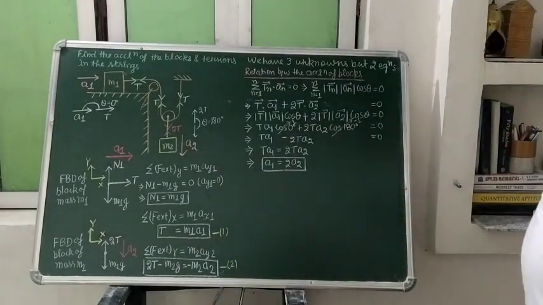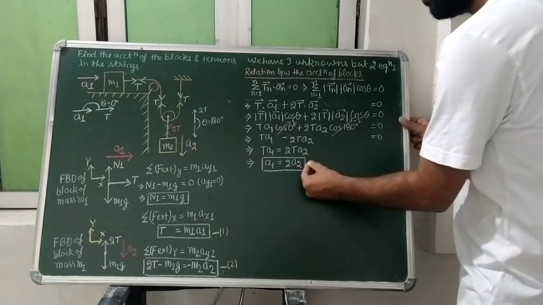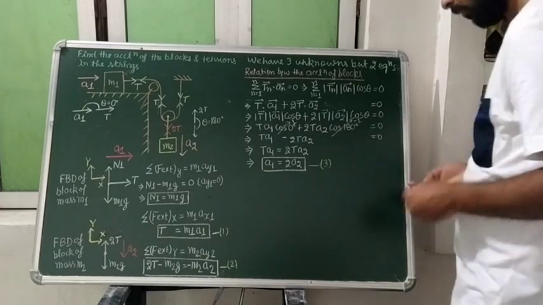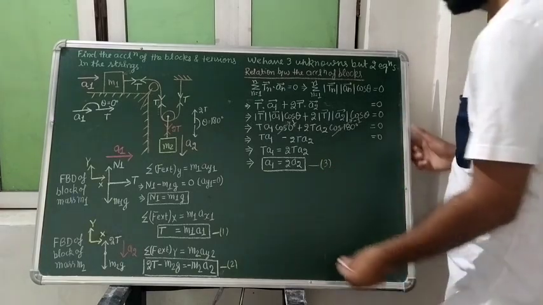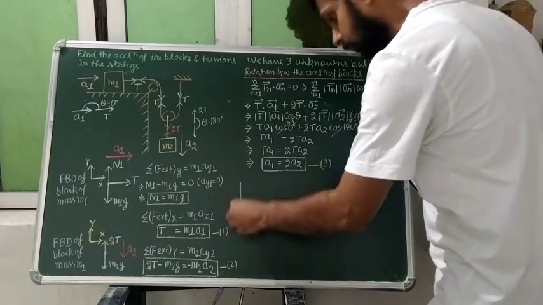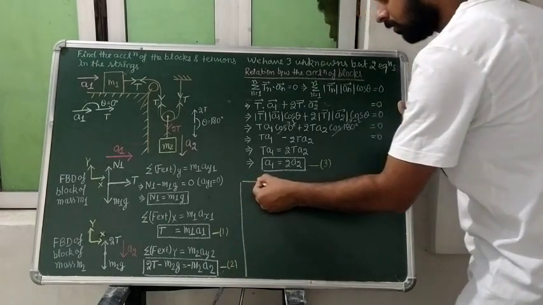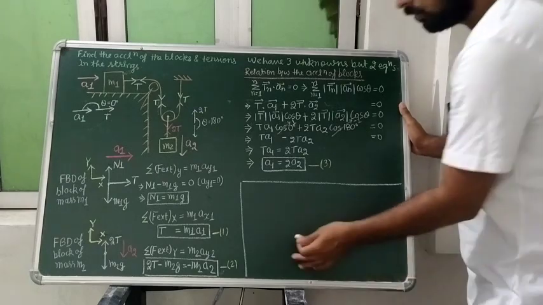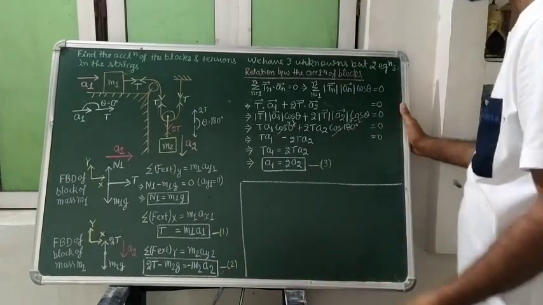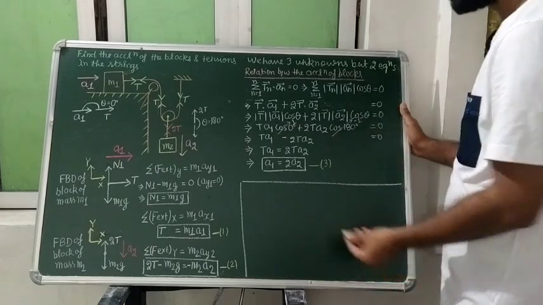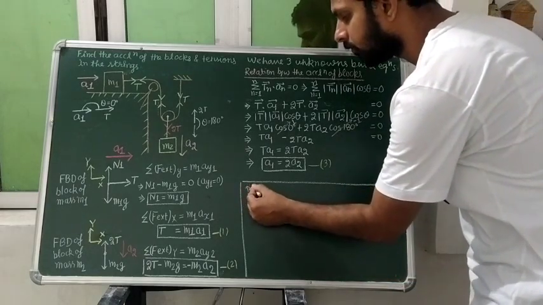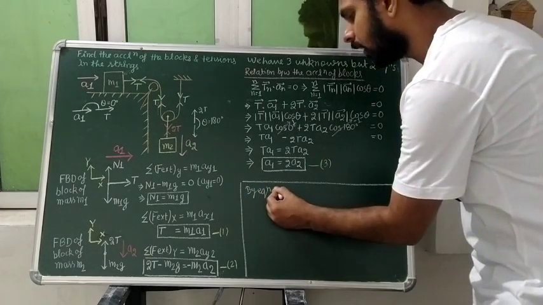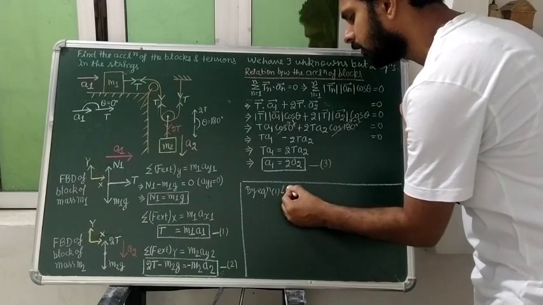So we have come to know the three equations for the three unknowns. It is equation number 3 we are seeing. Okay, students. So students, by equation 1 and equation 2,